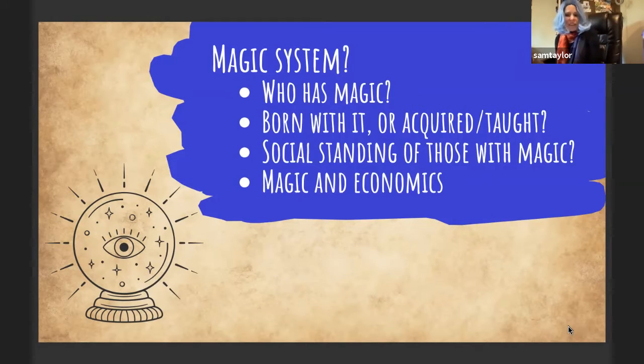The story doesn't need one to be compelling, to be fantasy. But many fantasies do have magic. I personally, all of my fantasy stories have magic. I've tried writing stories without magic. Doesn't work for me. My brain just loves the fun and the possibility of magic. But if you have a magic system in your story, you've got to think about who has the magic. Is it something that everybody has? Is it something that only a select few people have?